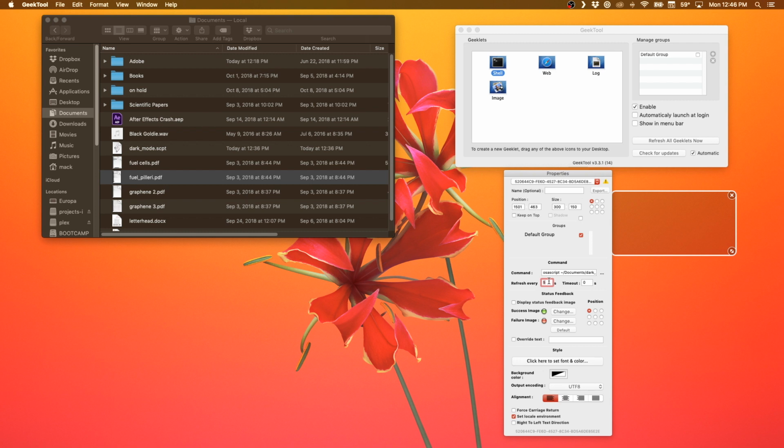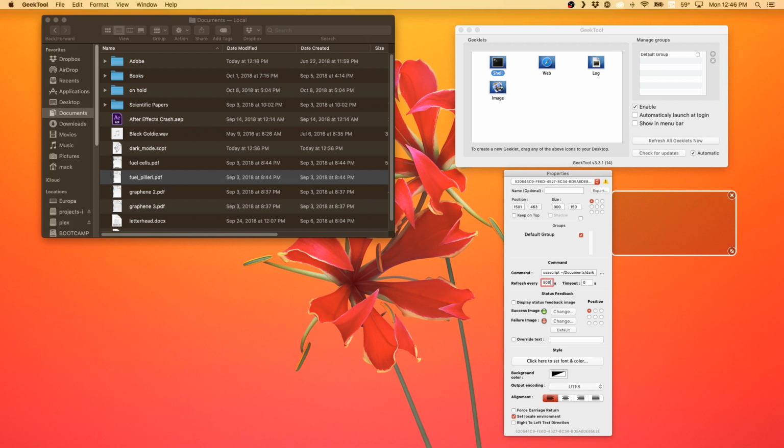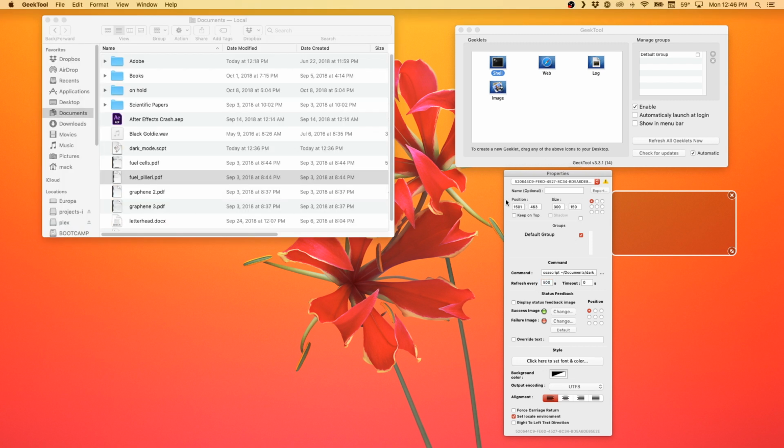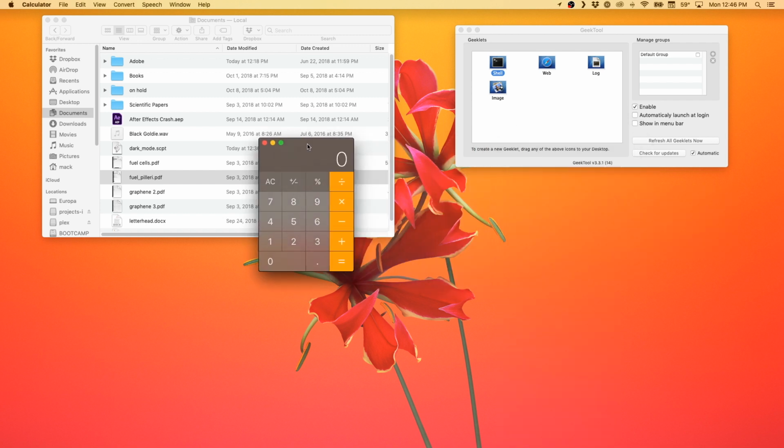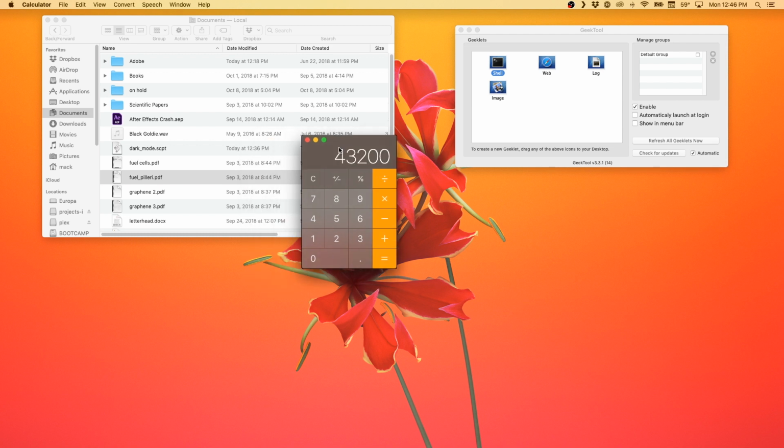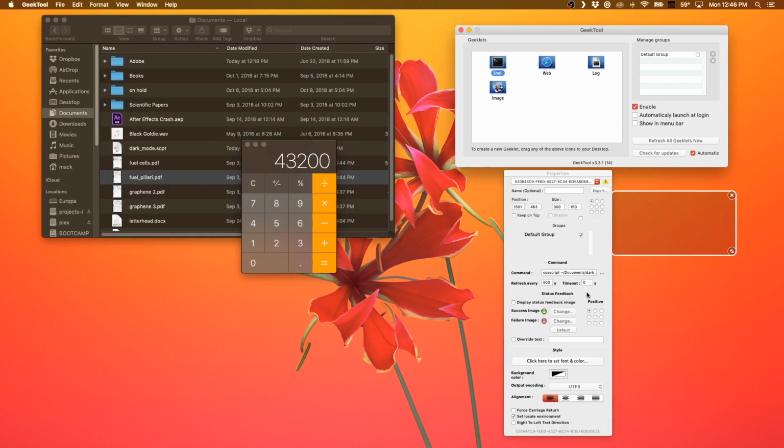Now, obviously, we don't want this to run every 5 seconds. That would be a huge mess. So I'm going to set it again to like 5,000 for a second, and then we'll do a little bit of math to figure out what our number actually needs to be. So basically, if you want this to change every 12 hours, we'll do 12 times 60 minutes in an hour times 60 seconds in a minute, and that's our number, 43,200. And so we can go ahead and just set that,